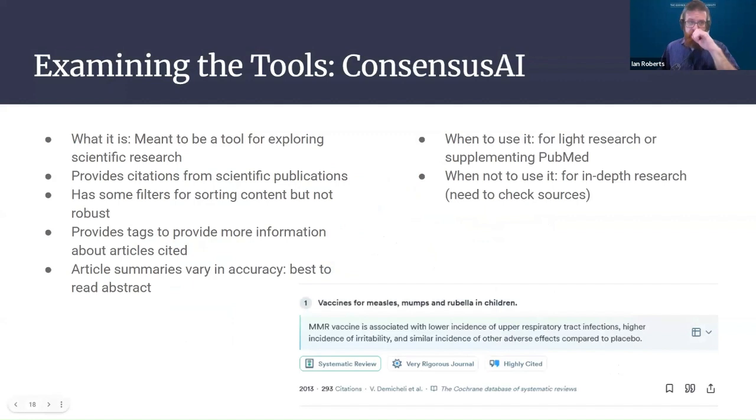And then the next tool, the last tool, is Consensus AI. This is another citation tool designed to search academic literature. Again, I recommend it as a supplement to PubMed, just to see what else is out there. The screenshot down here gives a quick answer to the question about MMR vaccines for children. It does link us to one systematic review that has 300-ish citations hosted at Cochrane. It's probably a pretty good study, albeit maybe a little bit old. It also doesn't, I don't think, talk about children specifically, this study.